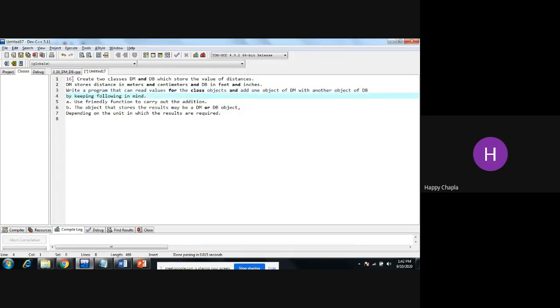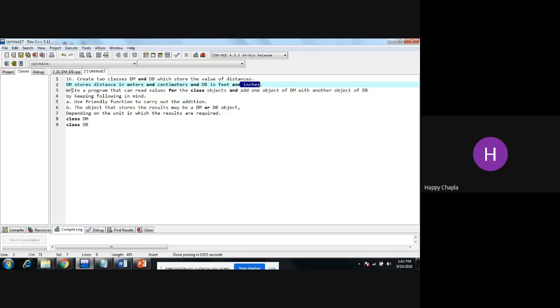Okay. Now here is the question. First of all, what we have to implement over here. So the first thing, we need to create two classes. One class name is DB and another is class DM. Now we have to store the value of distances. So that means we need four units of our distance: meter, centimeter, feet and inches, right?